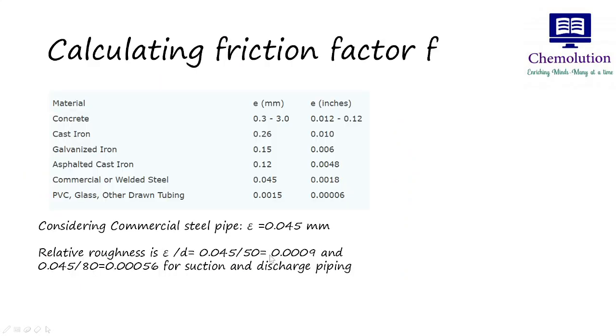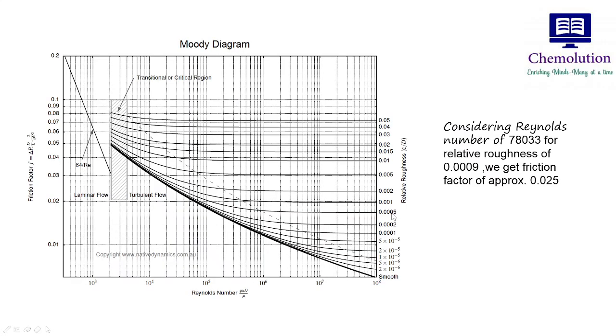If you check for 0.0009, it is somewhere here; 0.001 is really close to 0.0009. You have to track this line and check where it coincides with our Reynolds number of